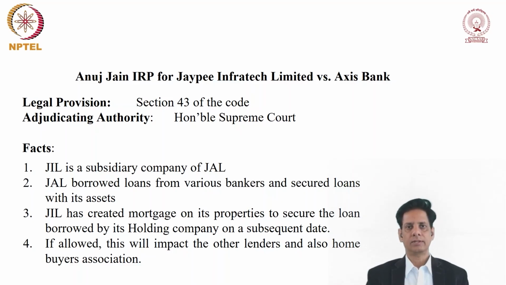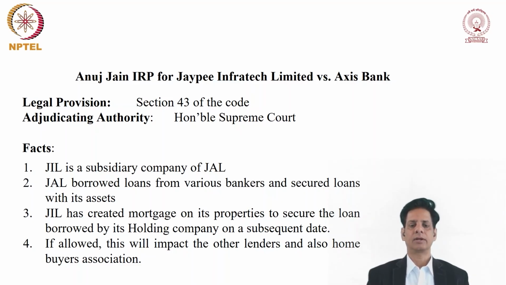The moment there is an antecedent transaction which is being covered or protected now with the help of a certain transaction, there is a very decent chance of it becoming a preferential transaction, right? So JIL wanted to secure the loan borrowed by JAL and had given its own properties as securities for the lenders. If allowed, or if really it goes well,